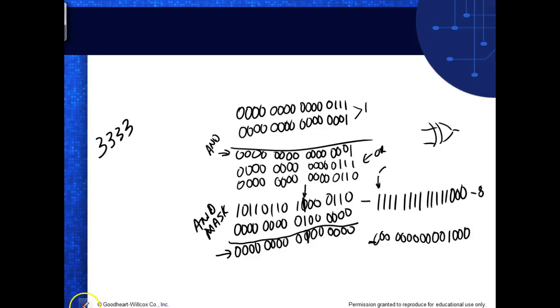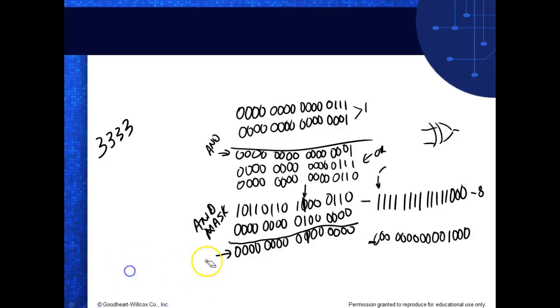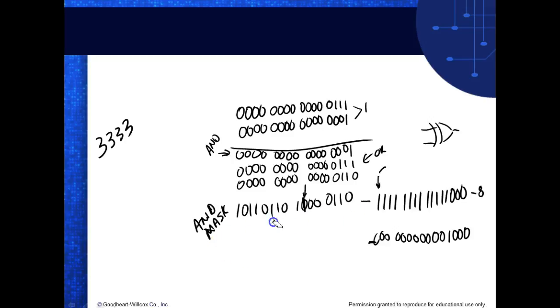So we can use the AND mask to see if an input or a bit is a 1 or a 0. Or we can use an AND mask to always clear a bit. We can't use it to set a bit, but we can use it to always clear a bit. So if I come over here and use this AND mask,